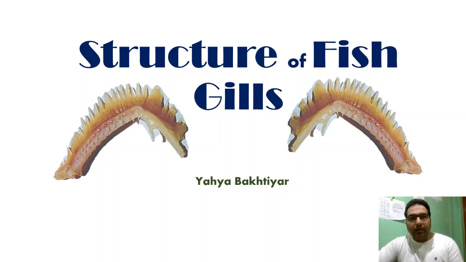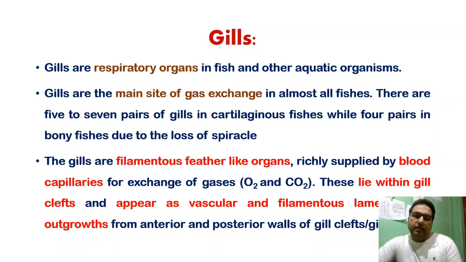Students, today we shall be talking about the structure of gills, particularly in the case of fishes. As we all know, the gills are the respiratory organs in fish and other aquatic organisms. The gills are the main site of the exchange of gases in almost all fishes, and there are 5 to 7 pairs of gills in the case of cartilaginous fishes, whereas 4 pairs in the case of bony fishes,